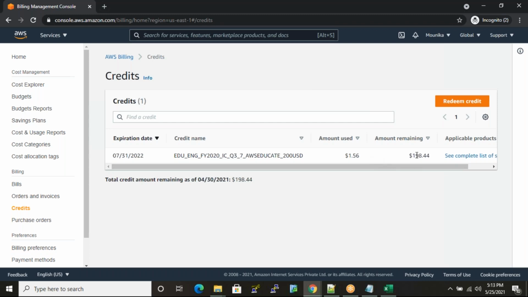సో ఈ కన్సోల్ లో మీకు ఏదైనా బిల్ జనరేట్ అయితే, నాకు ఇక్కడ అవుట్ ఆఫ్ 200 లో ఆల్రెడీ $1.56 అనేది బిల్ జనరేట్ అయింది. ఆ బిల్ జనరేట్ అయిన బిల్లుని ఈ $200 నుండి డిటెక్ట్ చేసుకున్నారు. ఓకే. సో దెన్ రిమైనింగ్ అమౌంట్ ఈజ్ $198.44. అంటే ఈ $200 అయ్యే వరకు కూడా నా డెబిట్ ఆర్ క్రెడిట్ కార్డ్ నుంచి సింగిల్ పైస్ కూడా డిడక్ట్ చేసుకోరు అసలు, నాకు బిల్ ఏమీ పడదు. సో ఎప్పుడైతే నా ఈ $200 అనేవి కంప్లీట్ అవుతుందో, సో ద నెక్స్ట్ మినిట్ నుండి నాకు బిల్లింగ్ అనేది జనరేట్ అవుతుంది.